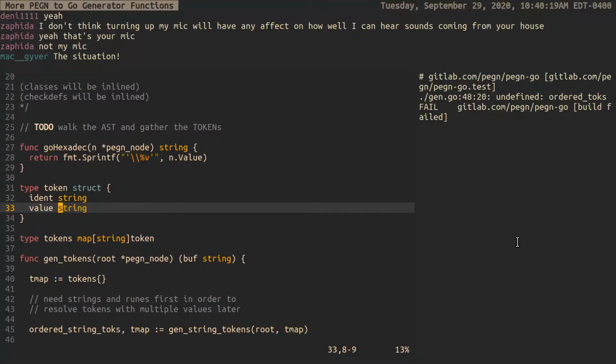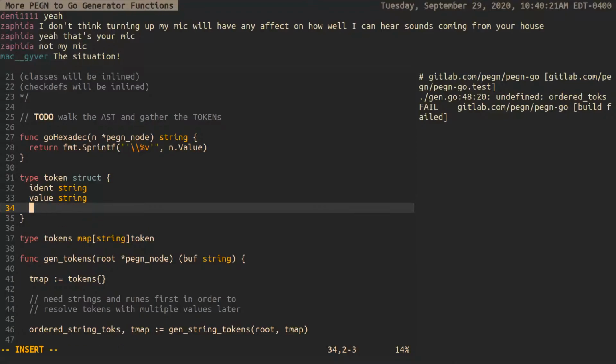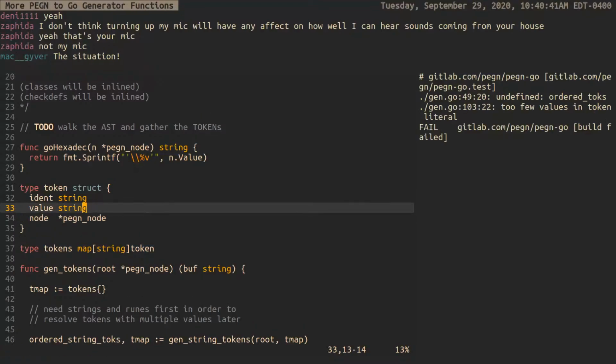I mean, obviously, if I were doing this in C, I would just make another thing here, and I would say if I have the node that it goes with it, let's do it in a way that could be ported to C. So we just add another struct here and make it a PEGN node pointer. So if we have a PEGN node, that means I am unresolved. That means 0 value, and then it means I suck. And then I can go through the list again. Only this time I can expand